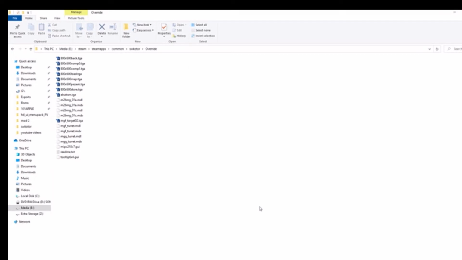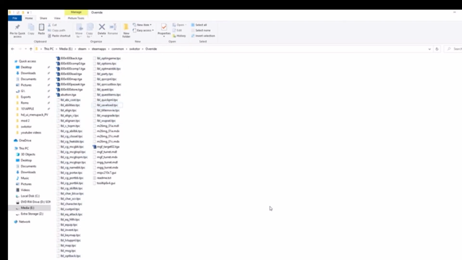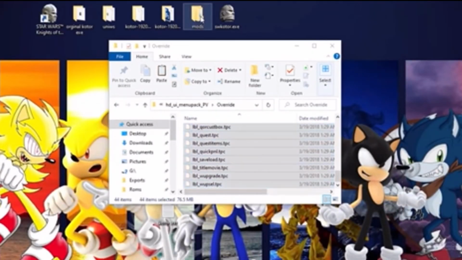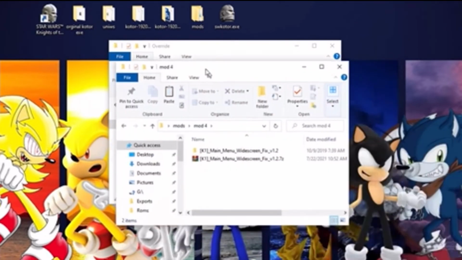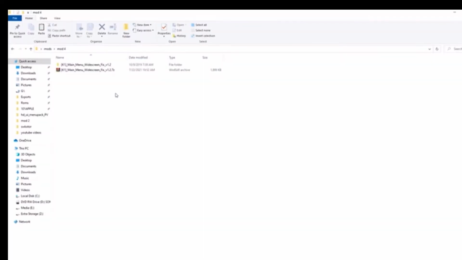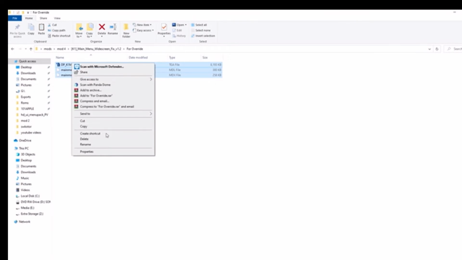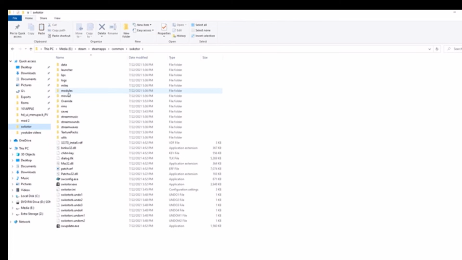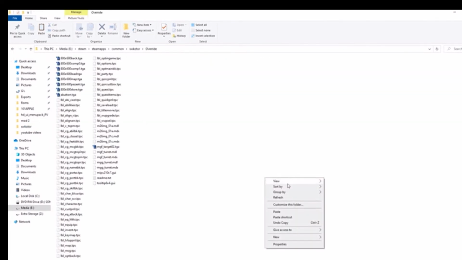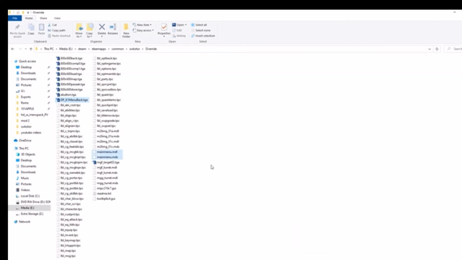And now that it's pasted those in there, we're going to go into mods 4, select mod 4. Here's mod 4, go for override, to grab all of these, and we are going to copy those into Kotor override and paste those. Okay, so now